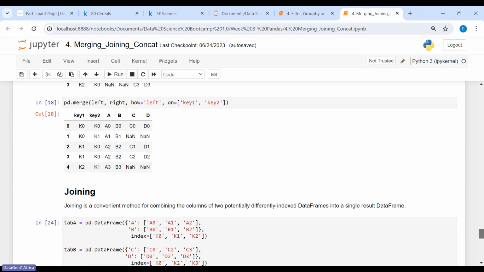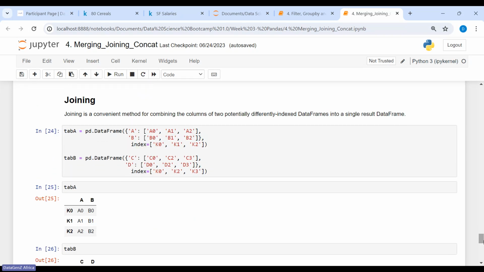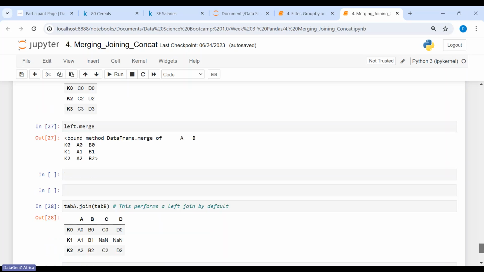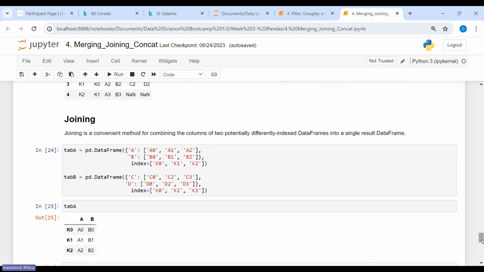Now we have one more type of concatenation. We have the join. So the join is quite similar to what we are doing. It's another convenient way of combining columns of two potentially differently indexed data frames into a single result data frame. So what do I mean? You have